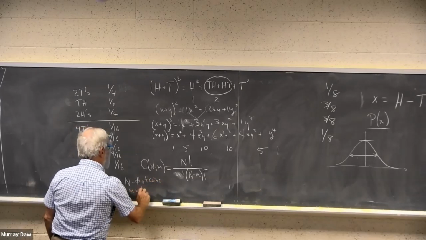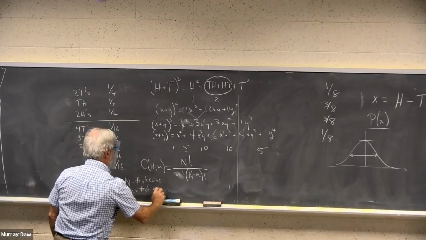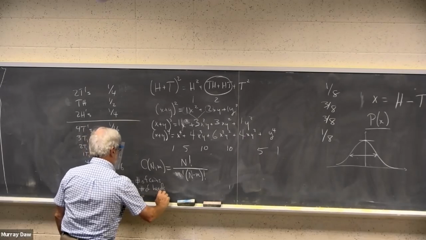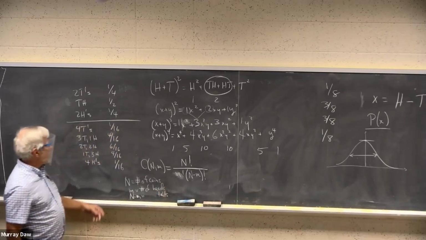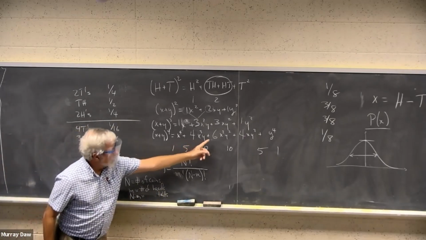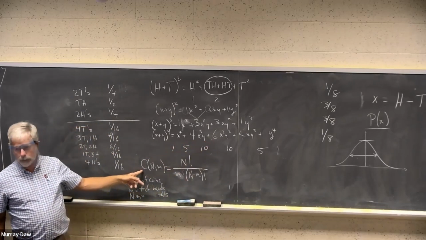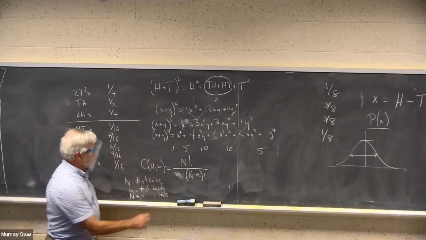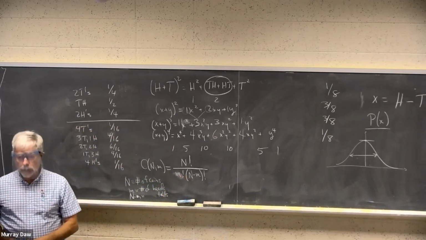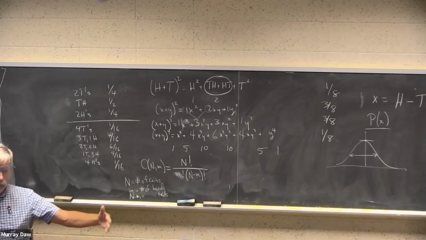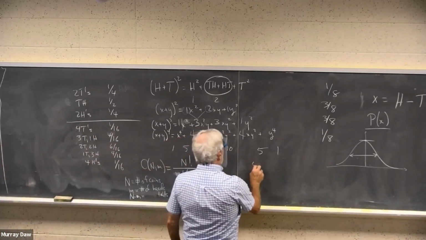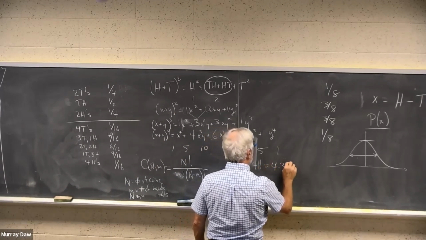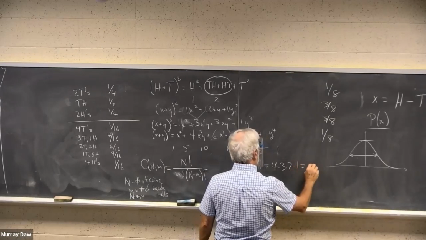Little m is the number of heads, and big N minus little m is the number of tails. So the coefficient of each one can be written in this fashion. All the entries in Pascal's triangle can be written this way. Factorial of an integer is just multiplying it by itself, subtracting 1 each time. So 4 factorial, for example, is 4 times 3 times 2 times 1, which is 24.